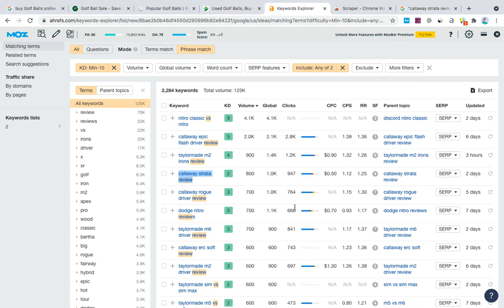So if you work on these types of keywords, write content and get a rank, and after that you get visitors, then the conversion rate of those visitors is quite a bit higher than for other keywords.